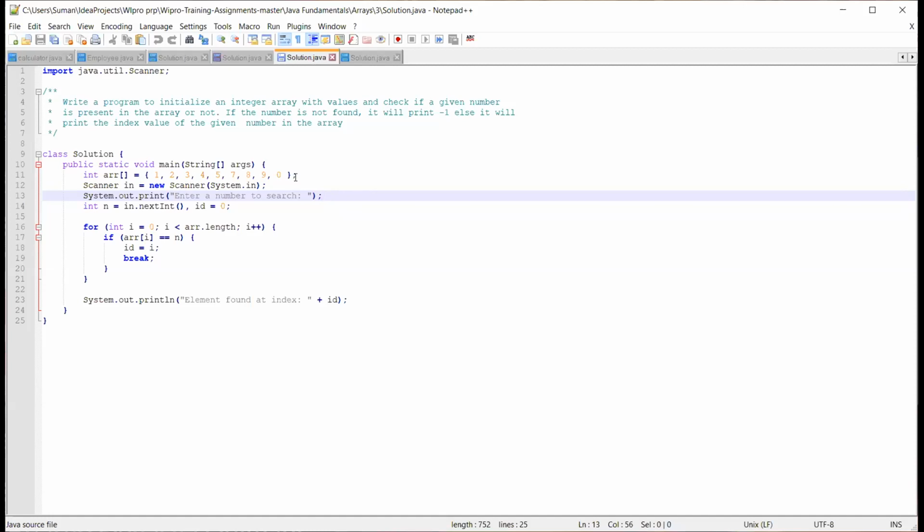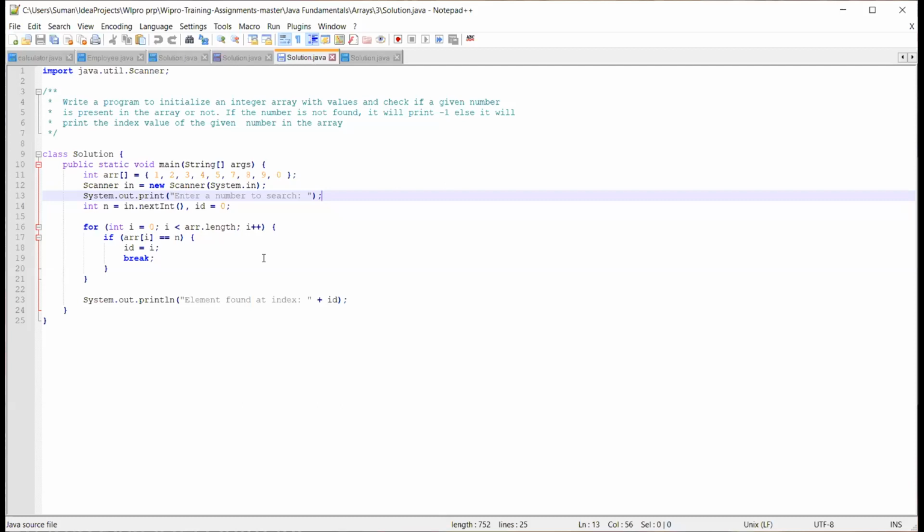I'm reading to search a number from 1 to 0 to 9. Here I'm entering any number. For i is equal to 0, i less than array of length, i plus plus.